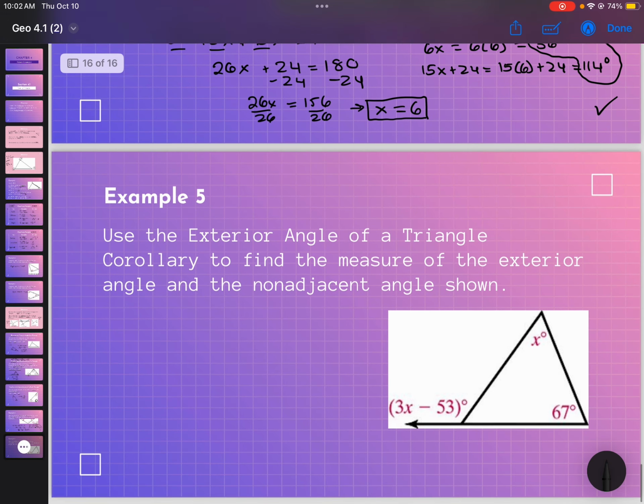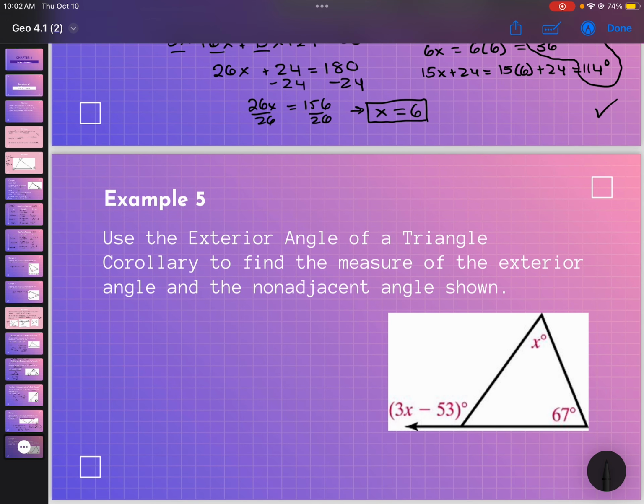Alrighty, we are nearing the end here. This is your last example. Here they're asking us to use that exterior angle of a triangle corollary to find the measure of the exterior angle and the non-adjacent angles shown. So what does that corollary tell us to do? Well, it tells us to set my exterior angle equal to the sum of my two non-adjacent angles, x plus 67. At this point, I would probably add over that 53. That's going to give me x plus 120 over here equals 3x, and I would subtract that x. So I'm getting 2x equals 120,